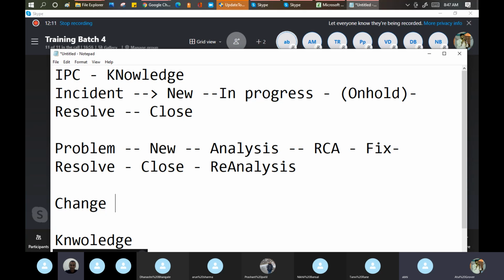Then what will she do? She will raise a change in the system, which sometimes we call an RFC. It is a term which we use in change. Okay, she raised a change. To whom did she raise the change? She is raising the change in front of her family.